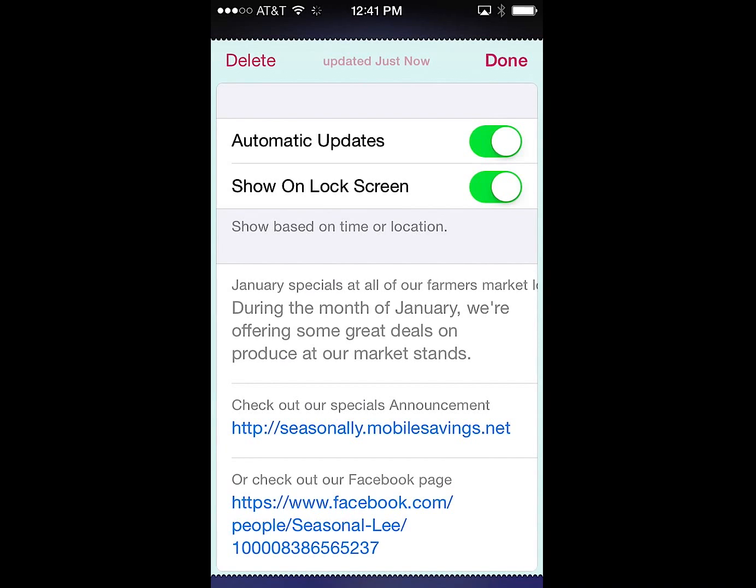The pass update status is shown at the center top. To manually update the pass, simply swipe the pass downward and release, and updates will be loaded into the pass. Again, clicking Done in the upper right corner returns you to the front of the pass.